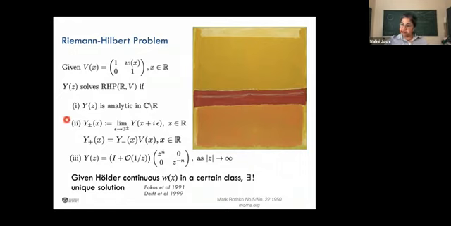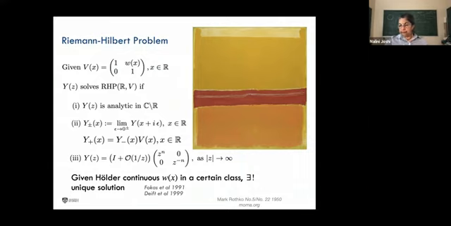Then it turns out that you can solve this problem uniquely under certain conditions on W, and the solution involves those orthogonal polynomials, orthogonal with respect to W on the real line. And this was worked out beautifully, and the asymptotics was given in detail by Deift et al. in 1999 in a series of papers. This is just a picture to remind you that there is a metaphorical complex plane here with a cut in the middle, which is where the jumps occur.